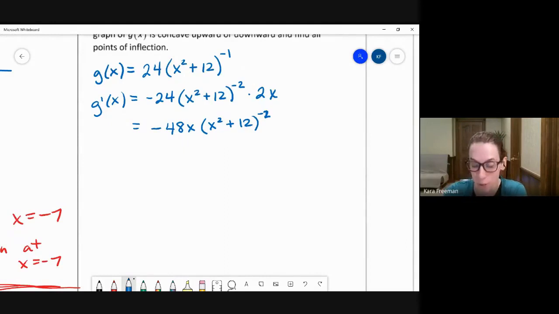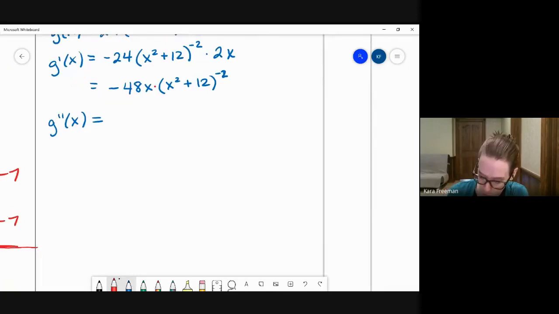Now, to take the second derivative, what has this now become? It's not just the power or chain rule. It's now also a product. Yeah, thank you. So it's a product of the -48x times that power. Okay, so we got product rule, we got chain rule, we got power rule, we got a lot going on here. So let's just take it step by step. All right, product rule says take the derivative of the first function. That's just -48 times, keep the second function the same,